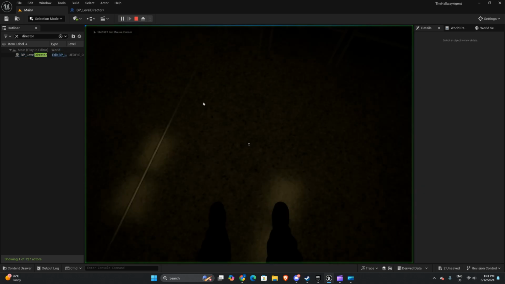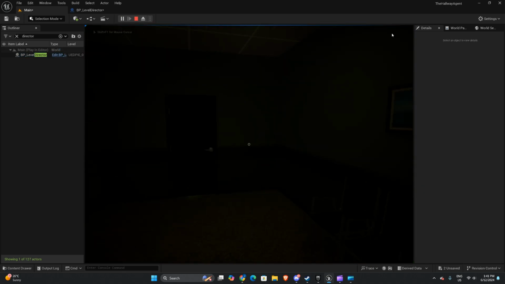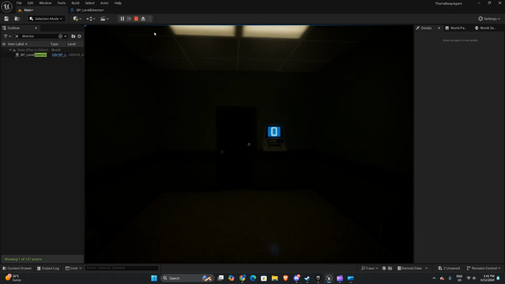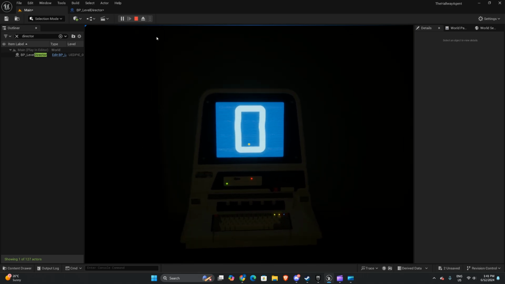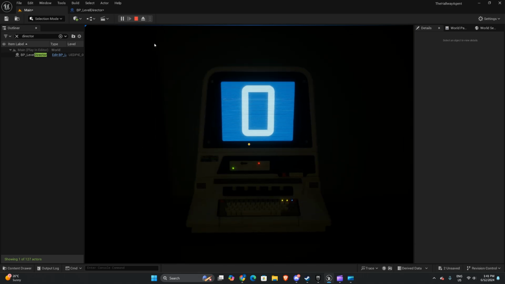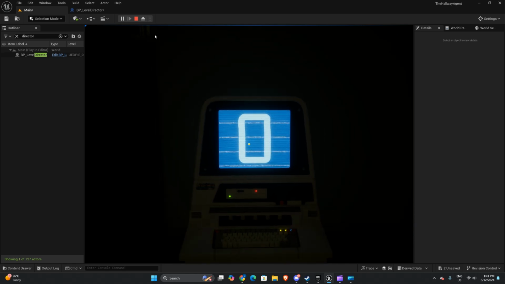So let's press play. Okay, so this is the game. So we are now in the enter room, and there's a hallway here. So the intro will tell you a bit of information, but there is this computer here. Now, this computer will tell you what number room you're on. So if we click on it,